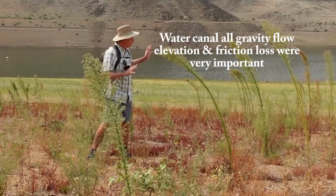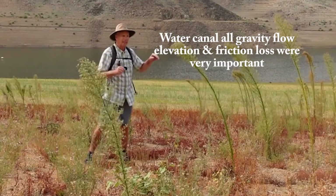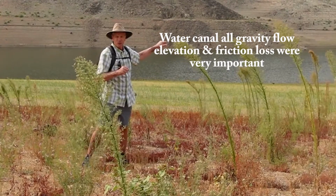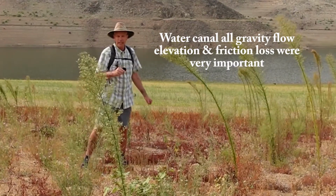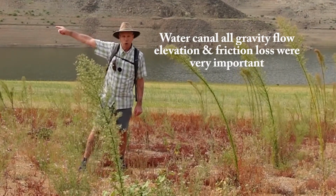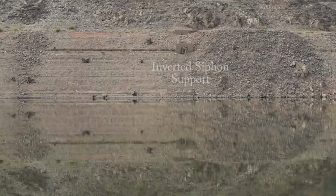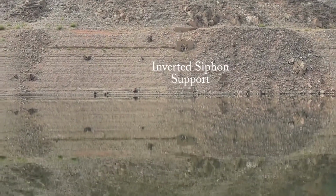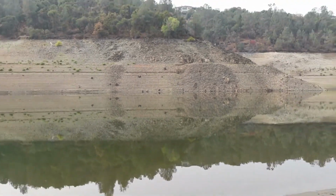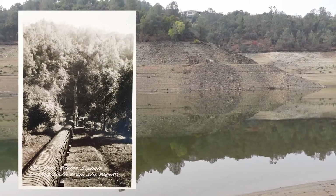And all those calculations were considered because they needed an elevation high enough to exit the South Fork of the American River Canyon and get the canal down to Rhoads Diggings and points south. The outlet for the Natoma inverted siphon, you can see how steep the hill was that they were working with. Of course,